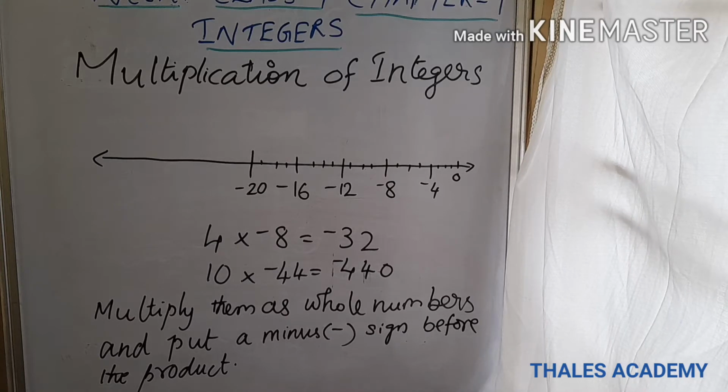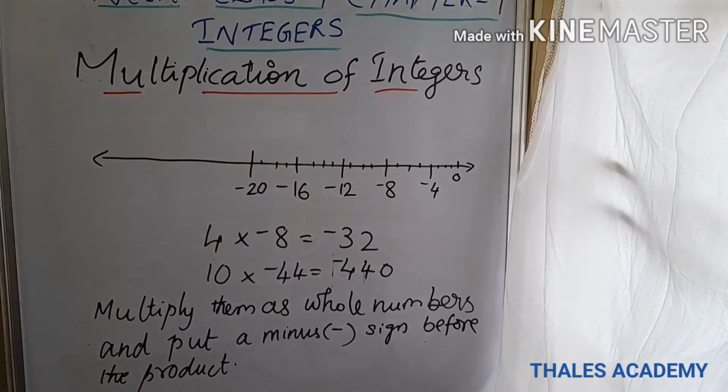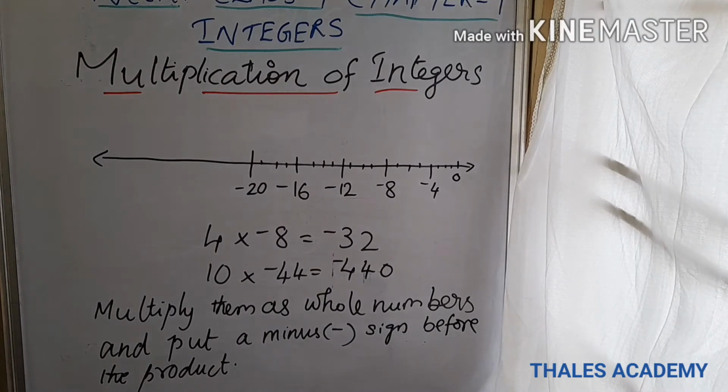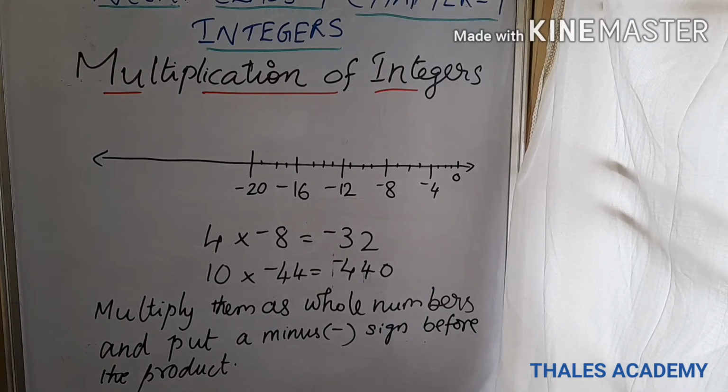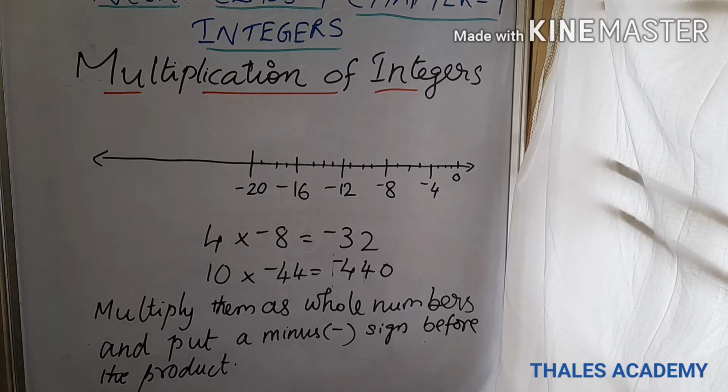Multiplication of integers. We can add and subtract integers. Let us now learn how to multiply integers. That is, in the number line,